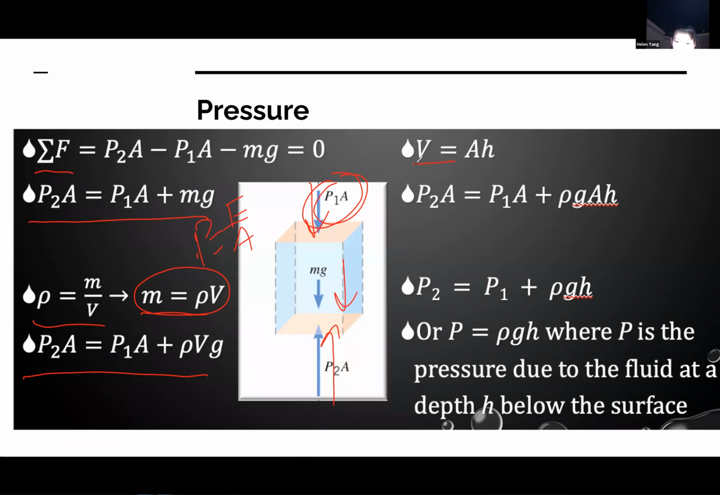So you know the volume is the area times the height, and then you can replace V in this equation and you get rho times g times area times height. And if you cancel out all the areas, then you get this equation right here. Okay, so